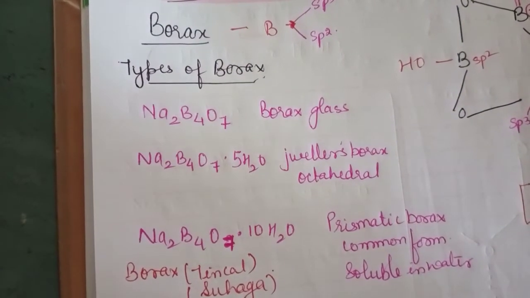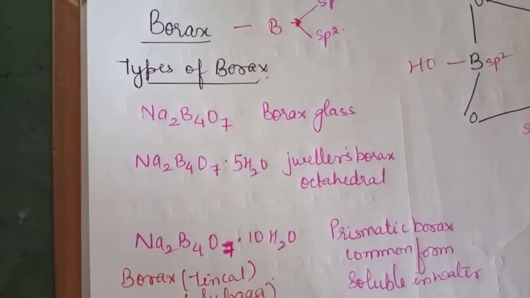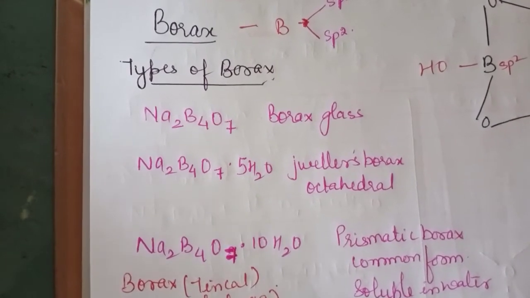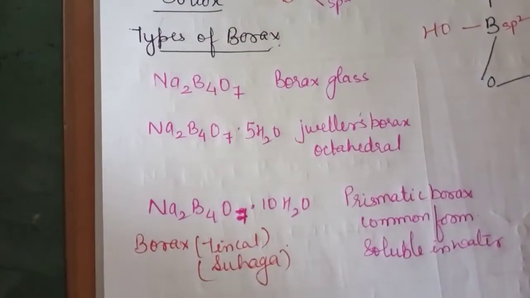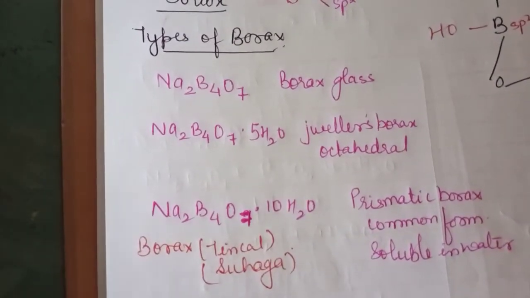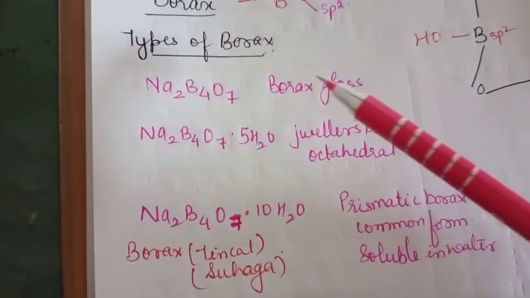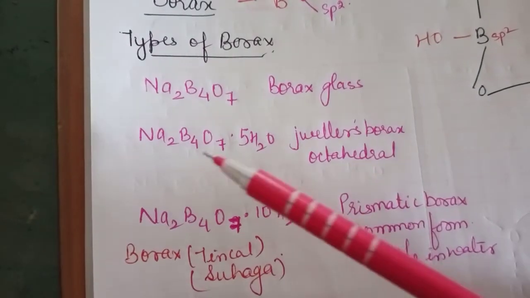In the previous class, I explained diboron. We are studying borax today. Now, in borax, children, there are three types of borax. One is Na2B4O7, which is borax glass, and